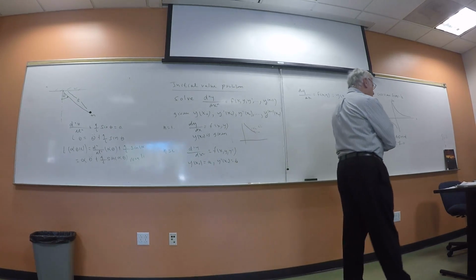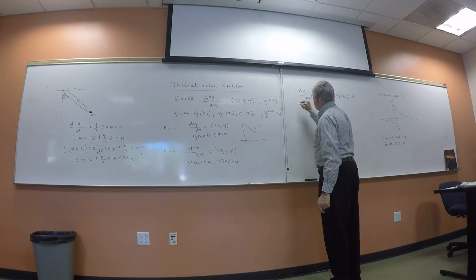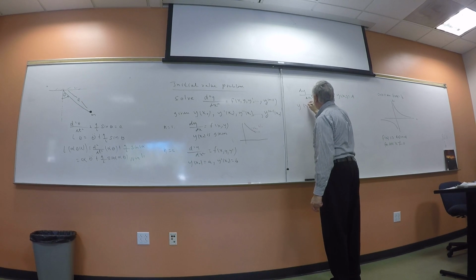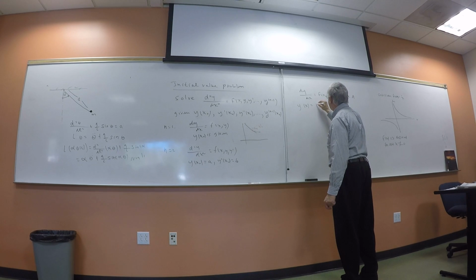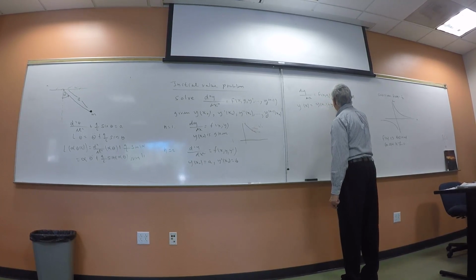Let's assume that we expand y in a Taylor series. Go back to your calculus, remember, y of x is equal to y of x naught, plus y prime of x naught